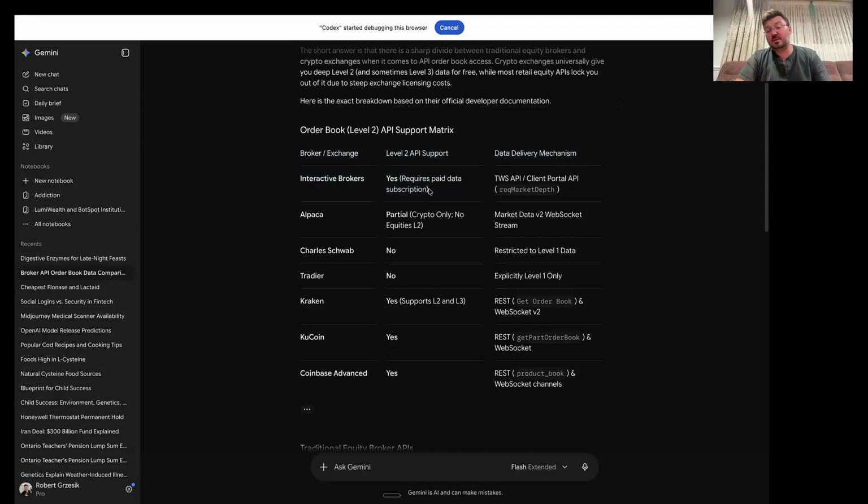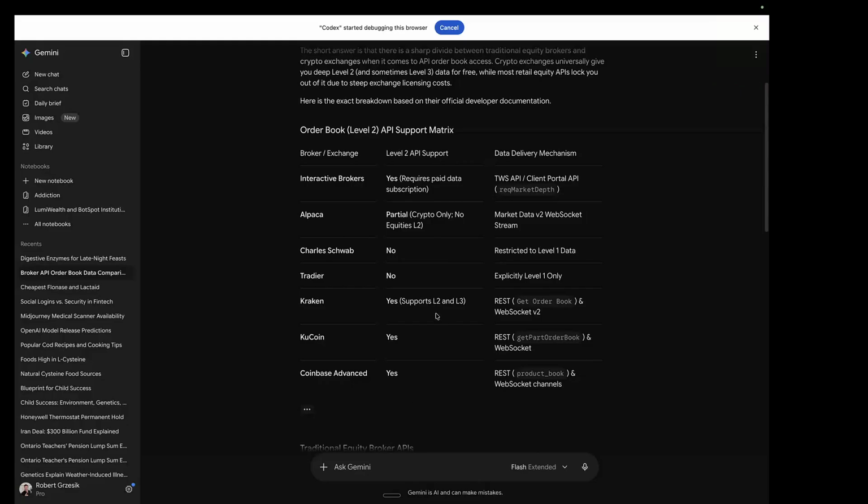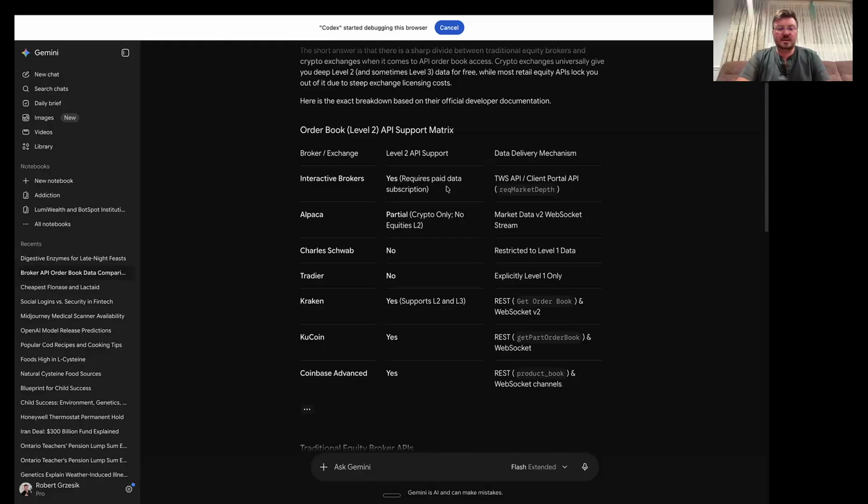right? Which we support Interactive Brokers. So if you were to use Interactive Brokers, then we can actually set that up. But the other brokers, it seems like it's not possible, at least for equities. For crypto, it seems all possible, which makes sense. I mean, crypto just generally has better APIs and everything. But it looks like for equities, Interactive Brokers is really the only one.